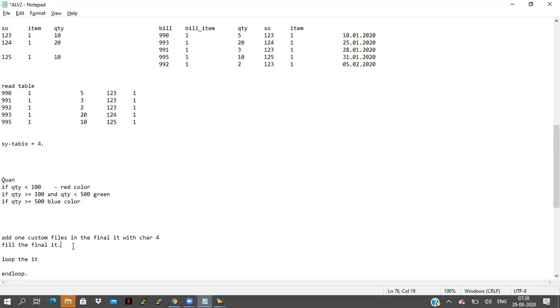After that I'm looping the internal table and filling the color name in the internal table.